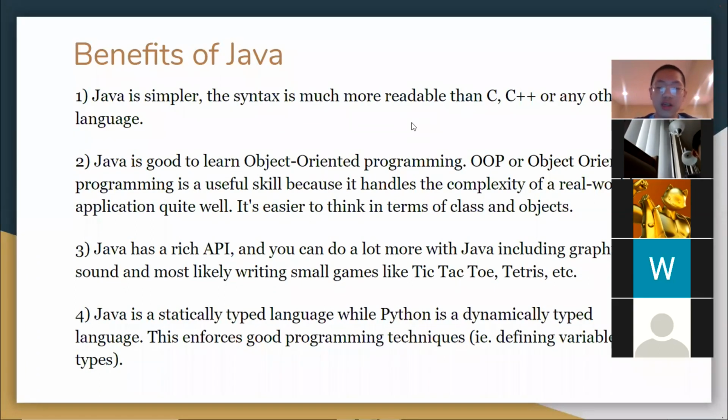Additionally, Java is a good way to teach object-oriented programming, or OOP, because we can create classes and objects, and the way we define them and allow them to relate to each other is very straightforward. It's easier to think in terms of classes and objects as they are more representative of the real world.